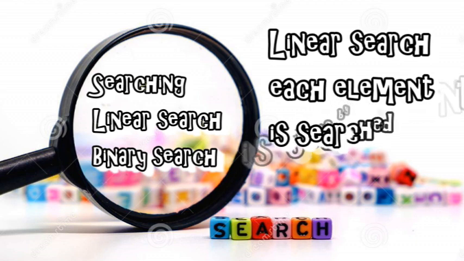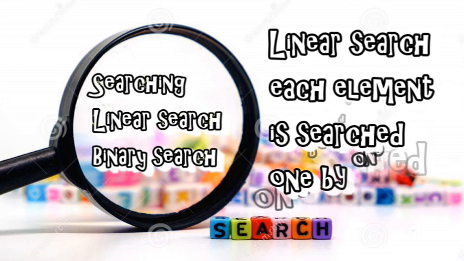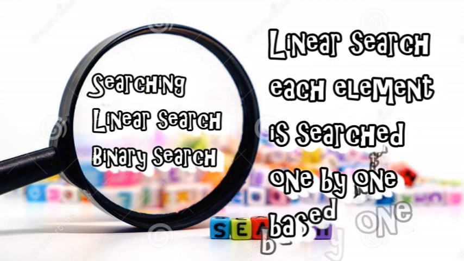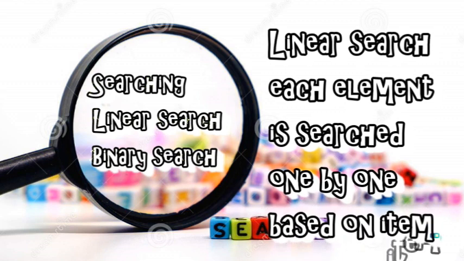Whenever I'm talking about linear search, each and every element of the array is compared with the given item to be searched for. It means it will check each and every number one by one. Suppose there are some specific numbers like 2, 4, 5, 6, 7, 8 in your series, and you just want to search for the number 8. In linear search, first of all it will check with 2, then with 4, then with 5, then with 6 and so on. Whatever numbers are available, it is going to check line by line. This is the form of linear search, in which we check each and every number one by one.